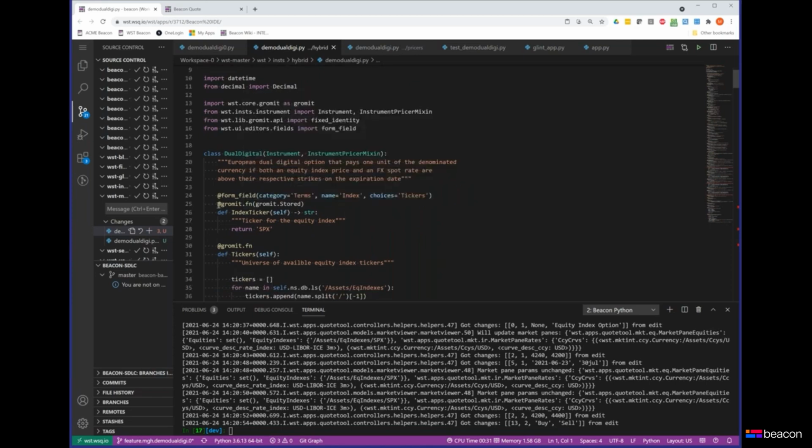So the script we're looking at now is similar to the original instrument script that we had. I've still got my grommet method here that defines what equity index market we're looking at. But I've added on some of the methods a new decorator called form field that says this field should show up in user interfaces. It's got a few things that you pass into it, like a category, here category terms. If we go back to Quote Tool,